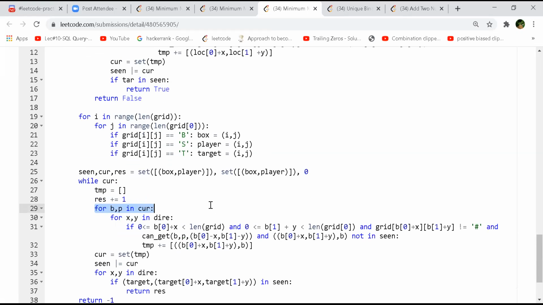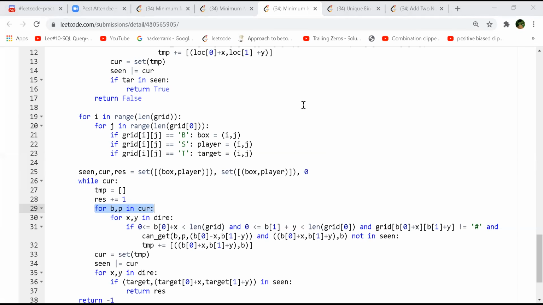because the target seems to be fixed. And even if we use a target, then how are we going to place the player? Because we have two constants here, right? One is the player and the box. Sorry, go ahead. I think bidirectional can be possible. It should be similar to the target as well. So when you're moving the box, you're just checking whether it can be moved to the next position or not, and whether, in the same direction previous to the box, the player can reach that position, right?